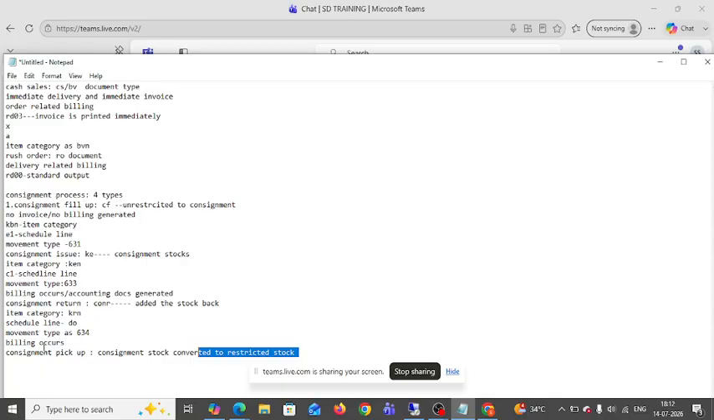Here for this pickup, we are having the document type as CP. If it is item category, then it is KAM. If it is schedule line, then it is F1. Movement type is